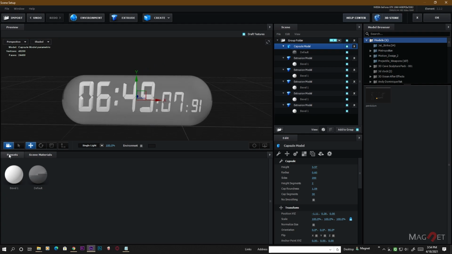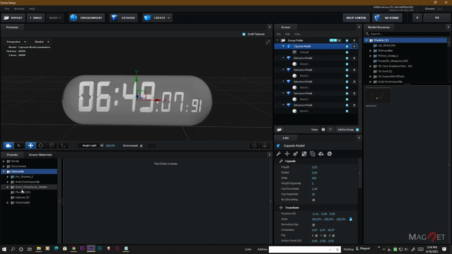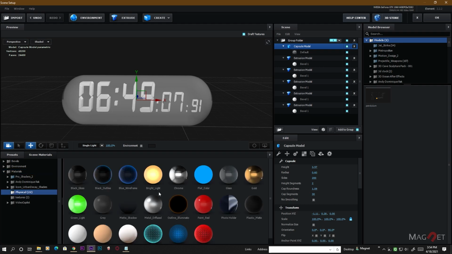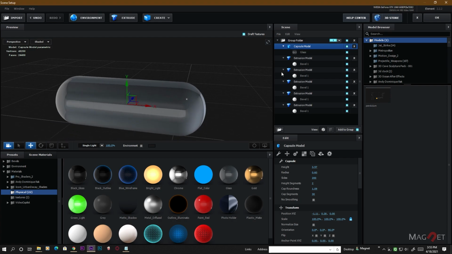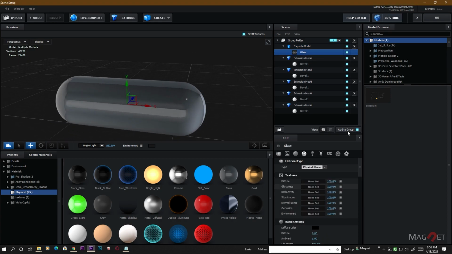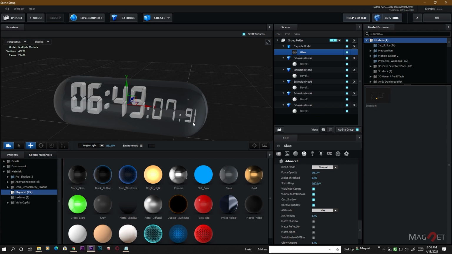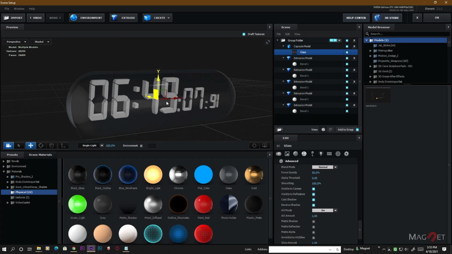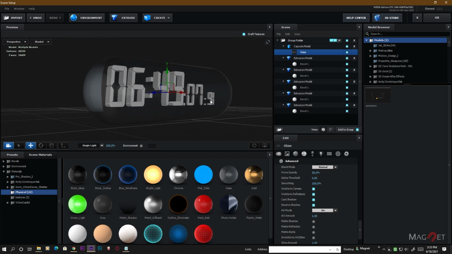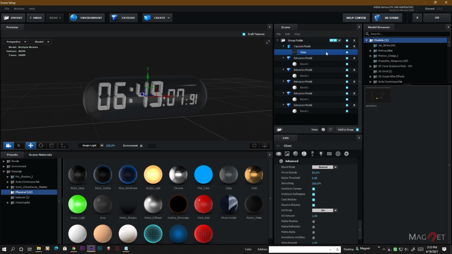So go to the presets, and there is the physical shader that comes with Element 3D. You can apply this material here, that is the glass material, and then again go to its material setup and go to the settings and decrease the opacity by 50% or anything you want. Okay, so that is the time capsule concept, but you can also